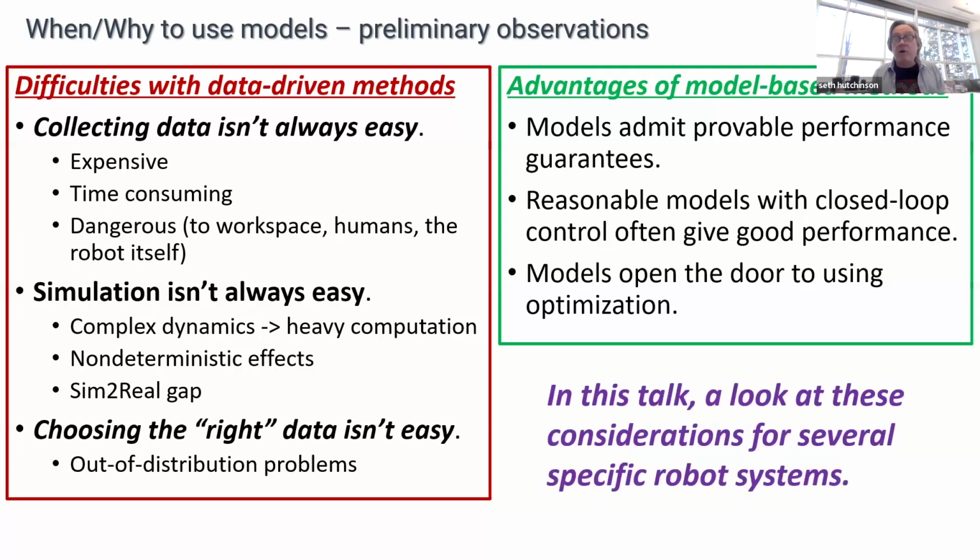And in the talk today, for the rest of the talk, basically what I'm going to do is I'm going to look at some specific systems that I've been working on and my group has worked on over the last few years from the perspective of model versus data, right? And the sort of pros and cons of those kinds of approaches for the specific kinds of problems and systems that we've been looking at. Right? So that's the way it's going to go.